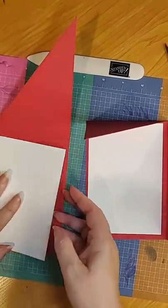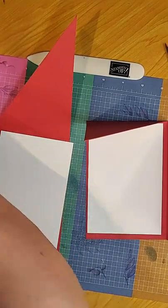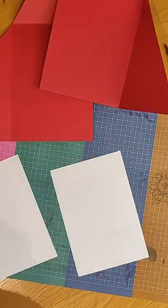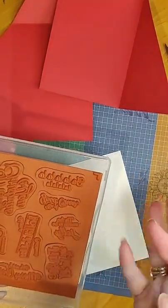My designer series paper is a white base, so I'm using basic white, that you can stamp if you want to. Let's do that. Let's decorate them, make them all nice for the people that we're sending them to. I've just got the Holly Jolly Wishes set, and